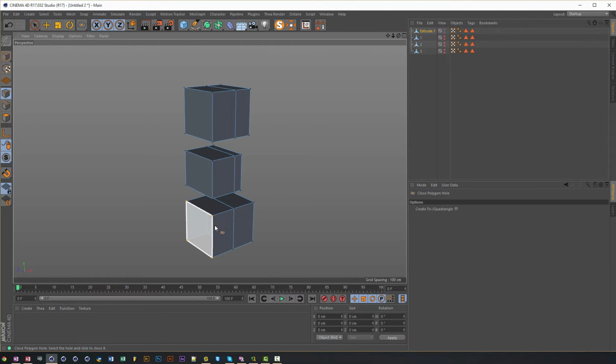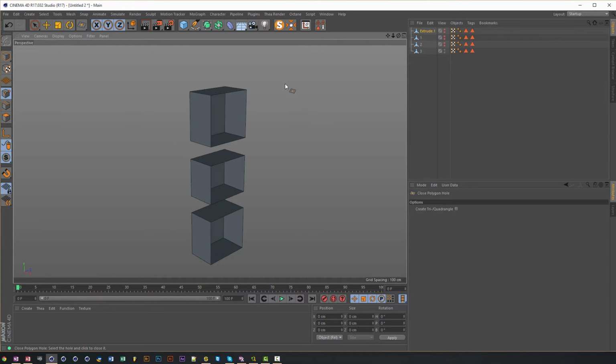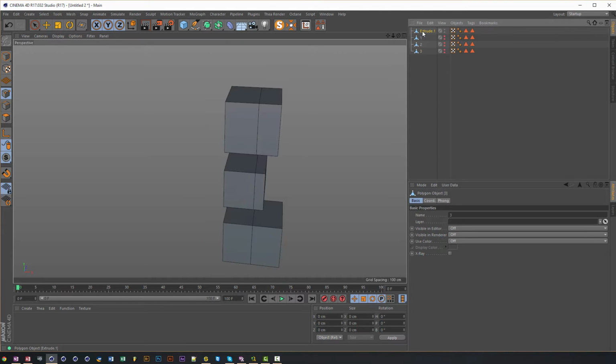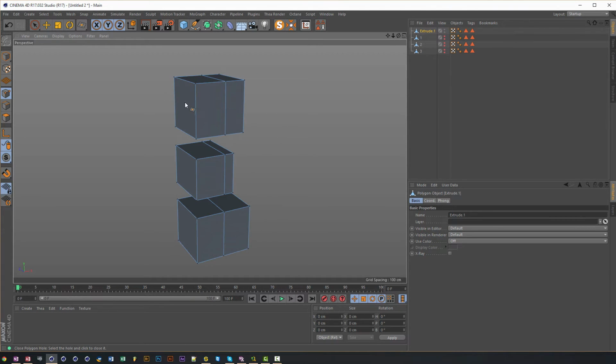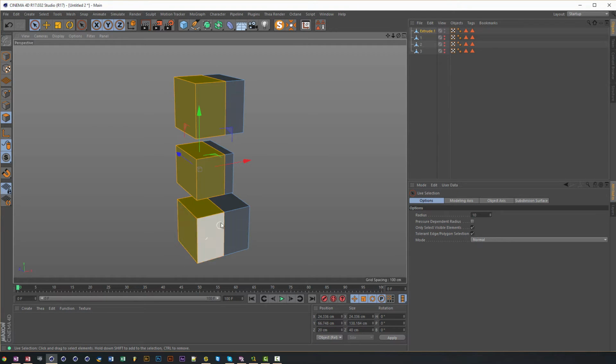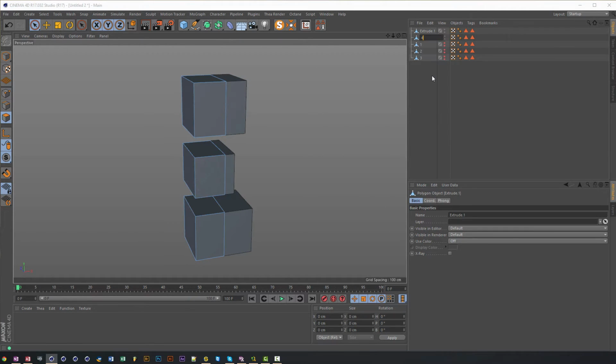1, 2, 3. Hide this guy for a moment, go back to the new one, and close the polygon holes. Okay. Hide and unhide. So, next one, loop selection, here in the polygon mode, UL. 1, 2, 3. Bang, bang, bang. Right click, split. And hide it, go back here, delete these polygon holes,